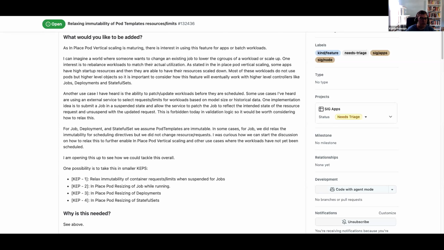Yeah, and part of the reason why I'm also coming here is that Job is a critical component for JobSet, and we run into this problem where, for JobSet, if I create a JobSet in a suspended state, unfortunately, I created the jobs in a suspended state, and now what that means is I can't actually change anything. I can't change any of these resources. I can always create them, and I was thinking that there might be use cases for